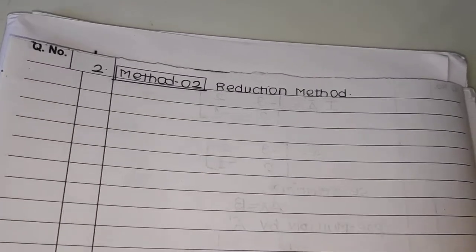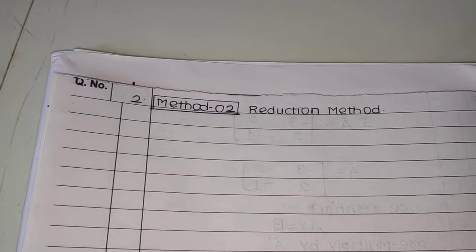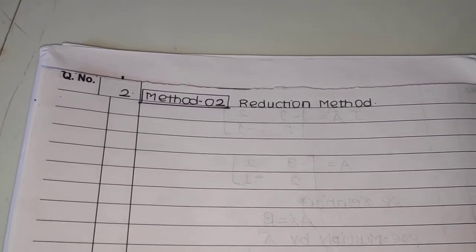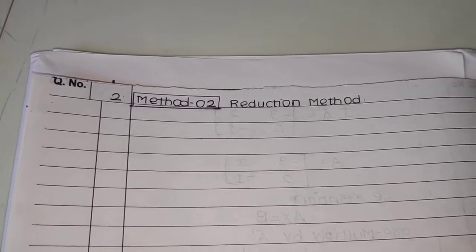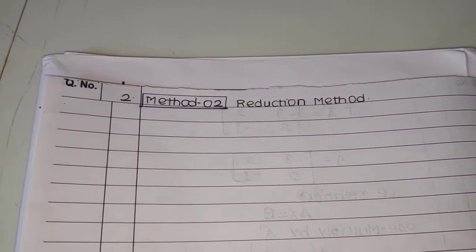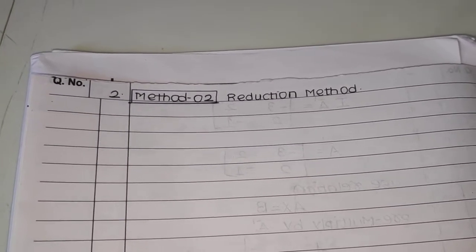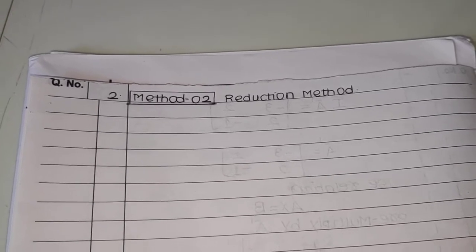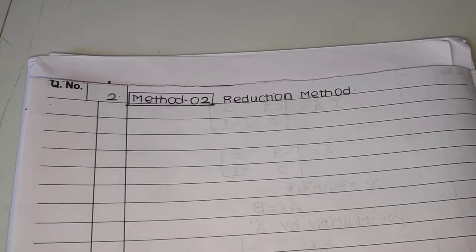So the next method is method 2, that's called the reduction method. Once again, the reduction method is a useful concept for solving linear equations with two variables x, y or with three variables x, y and z. The method of reduction is a bit different from the inversion method and quite easy also. In the original case study I have given one question also solved so that you can refer, but here also we are going to solve a question, and with this our whole matrices section gets over with the method of reduction. So it's the last section of matrices.